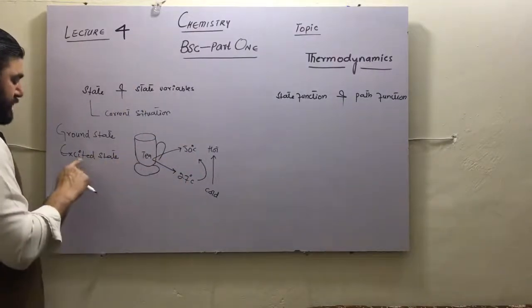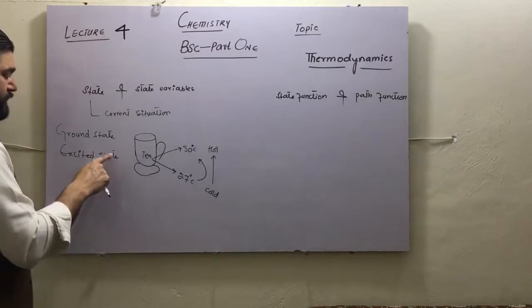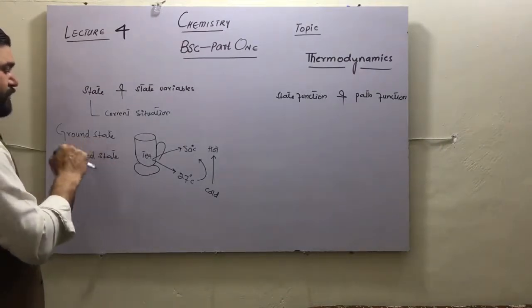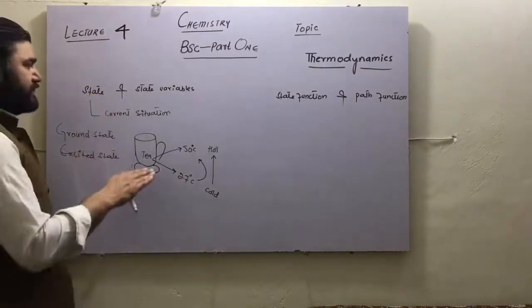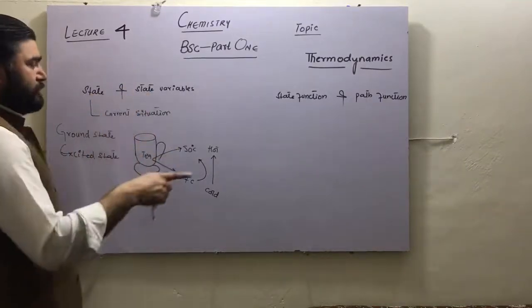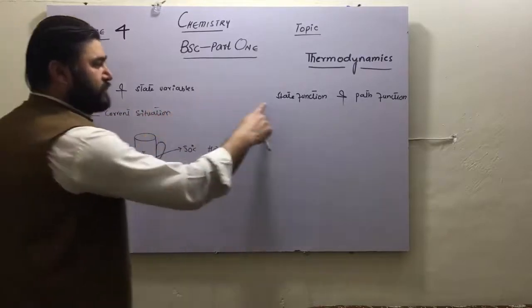But when it is in the lower orbital, we can say it is in ground state, and it has lower energy. So in thermodynamics you will be familiar with the words state, state variable, state function